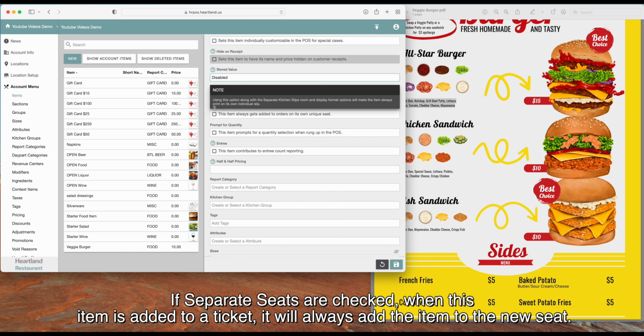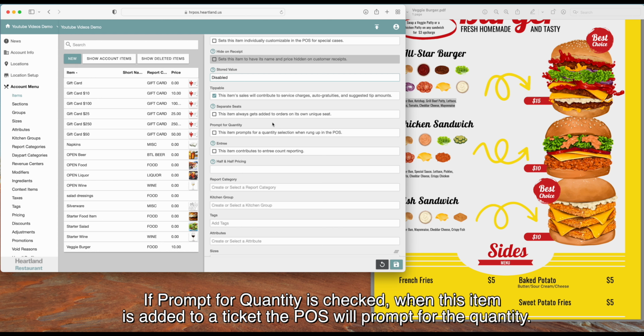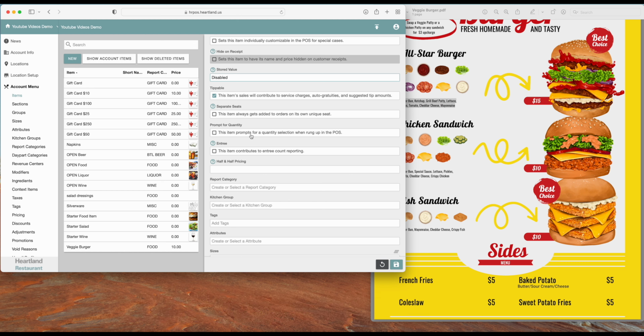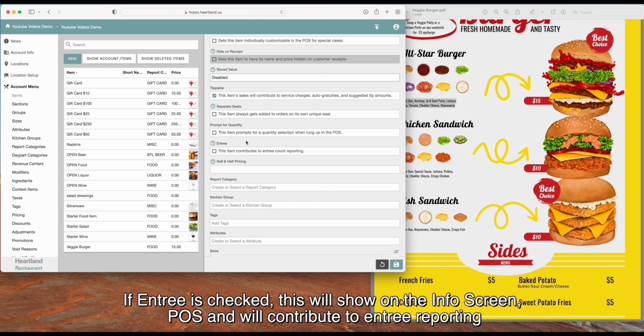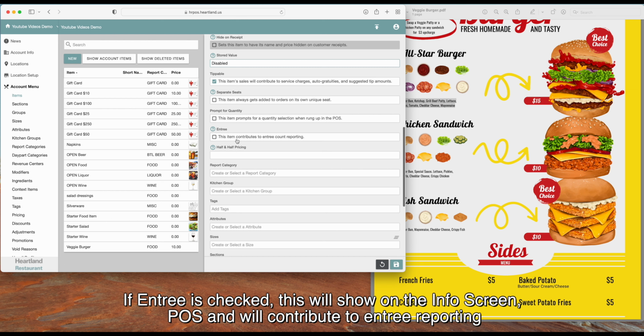If separate seats are checked, when this item is added to a ticket, it will always add the item to the new seat. If Prompt for Quantity is checked, when this item is added to a ticket, the point of sale will prompt for quantity. If Entree is checked, this will show on the info screen, point of sale, and will contribute to the entree